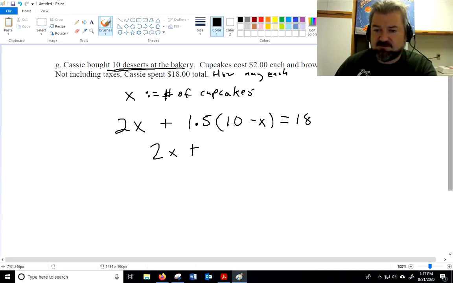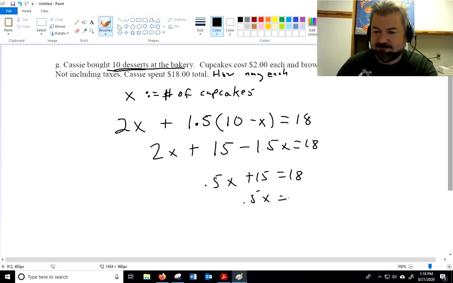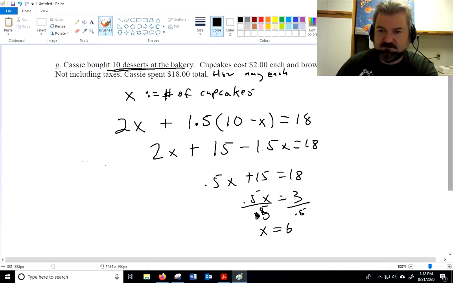Let's see here. What is that, 15. So that makes this 0.5x. And again, we could use the calculator. I told you you could. It's equal to 3, and then I'll divide both sides by 0.5. What happens when you divide something by 0.5? You double it. So 6. So we have 6 cupcakes